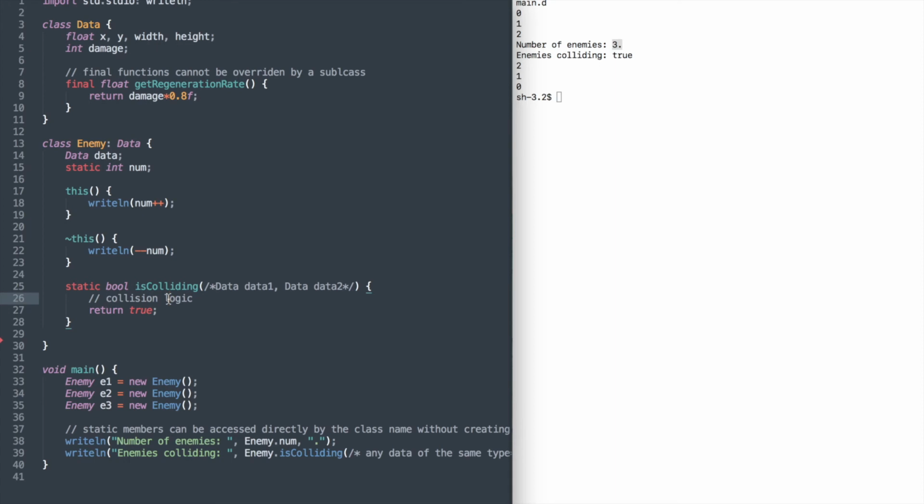Static functions are very useful when you want to execute some piece of code that does not depend on the class data. For example, checking if two entities collide or not. In this case, all you need is the position and the size of the entities. And it could be an enemy, a player, a game